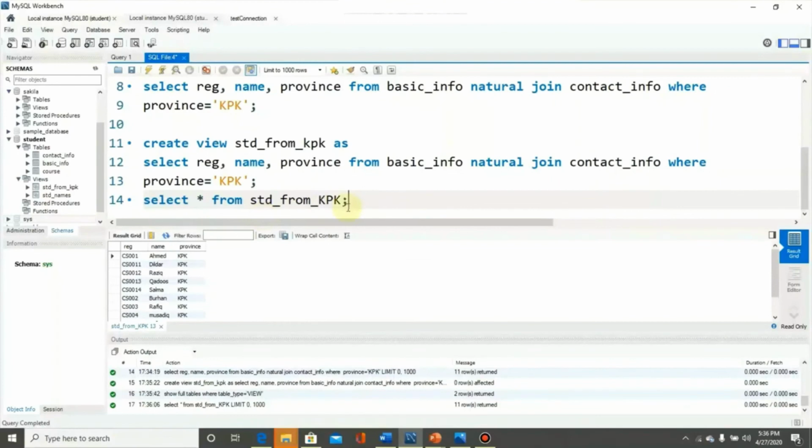Also, we can filter these results by using some additional clauses.